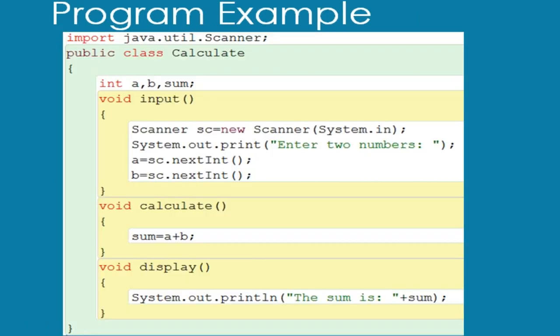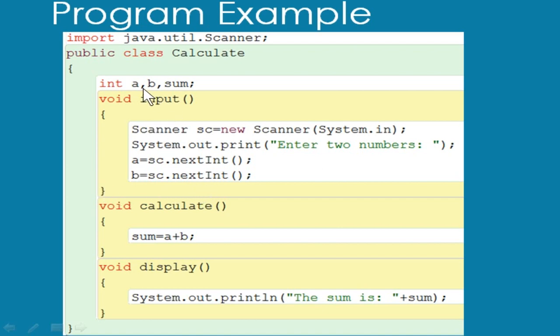So you can see here int a, b, sum. Here this is called the data member. Why you call it a data member is because it is declared outside the method, so you can use these variables anywhere inside the method. It is not necessary to declare them inside. It is not a local variable. It is called a global variable, or you can call it an instance variable, because through objects you are going to access this.